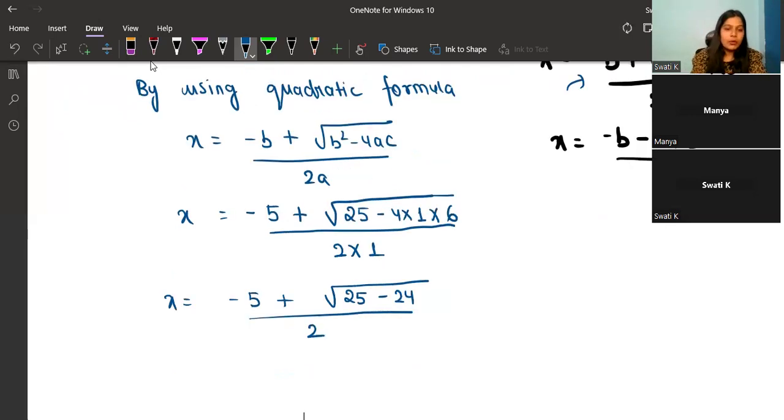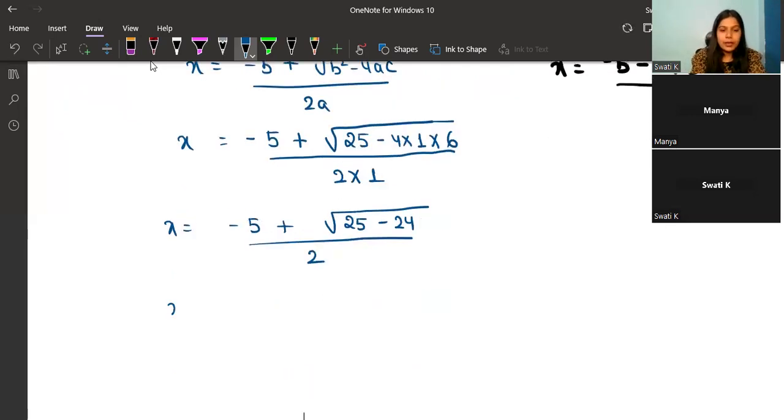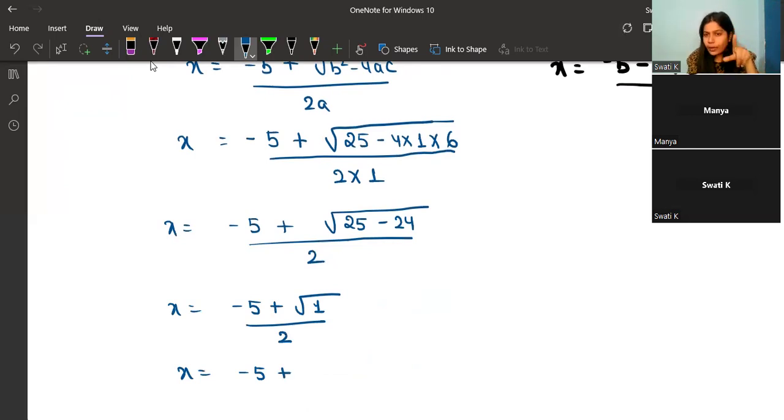So x will be equal to now minus 5 plus, what is 25 minus 24? So root over 1, right? Yes. So what is x? X will become minus 5 plus root over 1. What is the value of root over 1? What is square root of 1, Manya? 1 only. Very good. Upon 2, right? Now, I just want to tell you here one thing, that in the formula, do you remember,